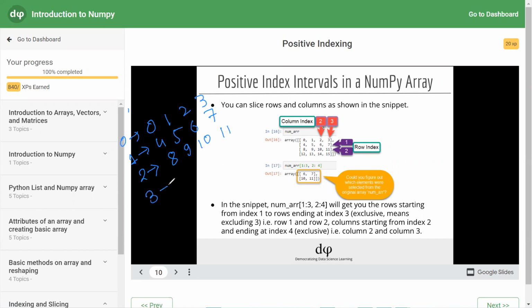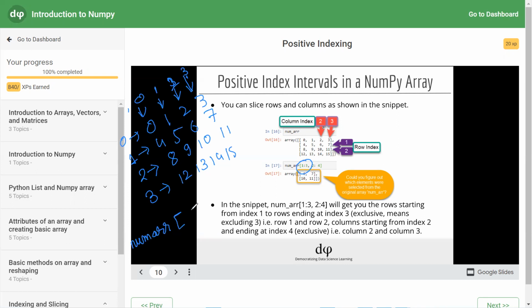At index 3, what is the row? 12, 13, 14, 15. And what are the column indexes? This is the 0th column, this is the first column, this is the second column, and this is the third column. A 4 by 4 matrix. Now, if you are running 1 to 3, you are accessing elements from this array. The name of the array is num_arr.